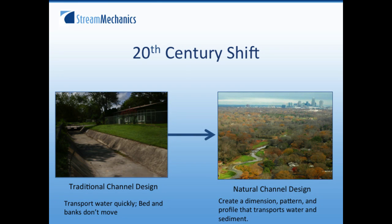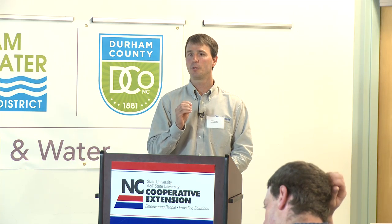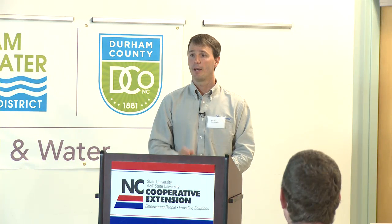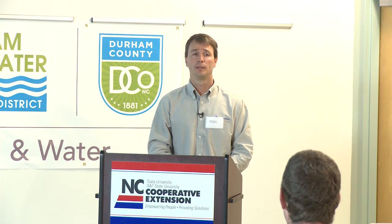this term basically his design goal shifted from this to creating a stable geometry, which he split into dimension, pattern, and profile. So dimension is the cross-section of the stream, pattern is your plan view, and profile is the slope. So you create a stable dimension, pattern, and profile so that the stream does not aggrade, which is fill up with sediment, or degrade, which is erode. And that was